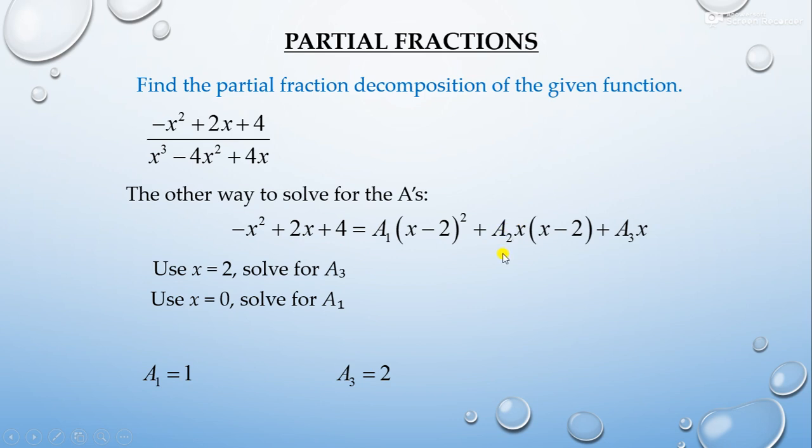What value of x do you put here so that you can find the value of a2? Here you can put any value of x except 0 and 2. So you will get the value of a2, since you already have a3 and a1. You can put any value of x, then you can find the value of a2. That will be unique. You can put x equal to 1, 3, 4, whatever you want, but you will always get a2 is minus 2.